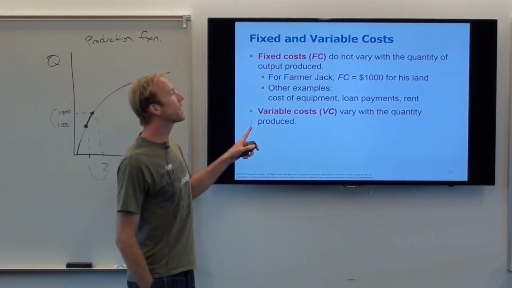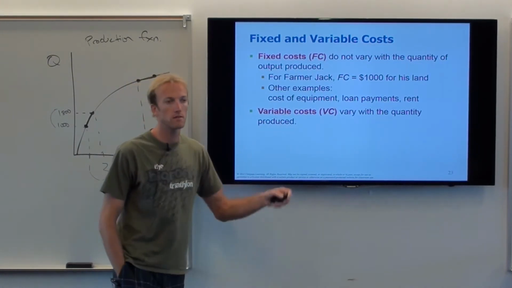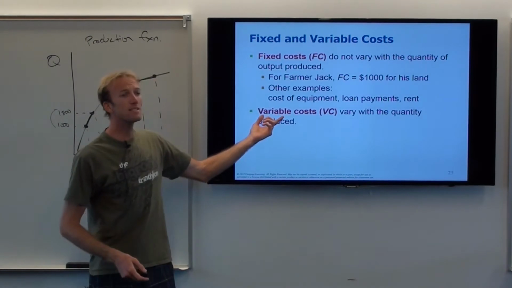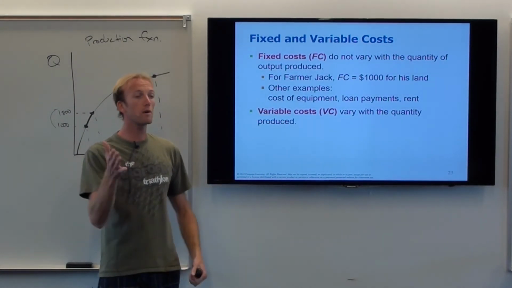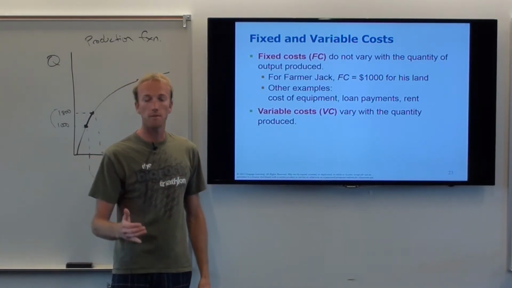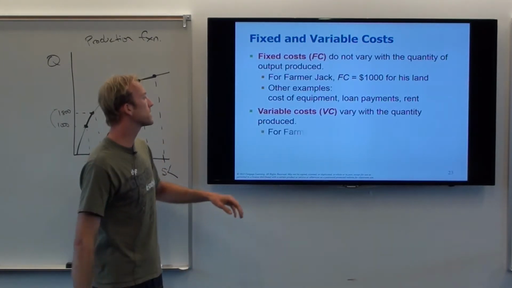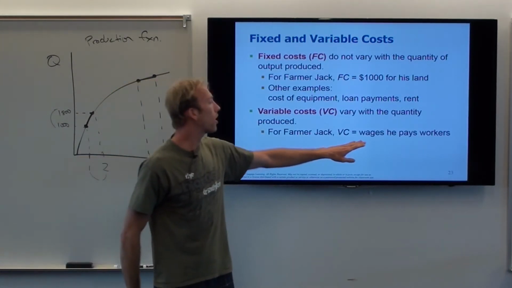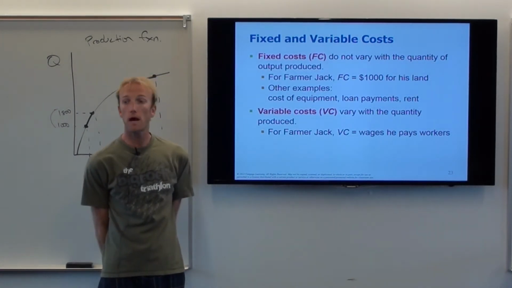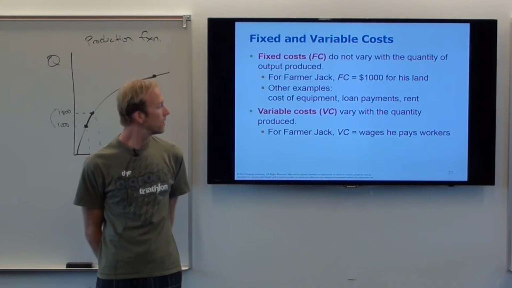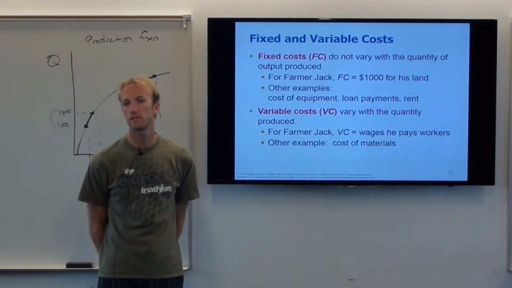Now, there's also these things called variable costs. Variable costs change. They vary, hence the name variable. This is not variable like, oh, the variable x and the variable y. This is the variable like, oh, it changes or varies as time goes. Okay? And so these ones change. So some examples for Farmer Jack are, what's the cost of his that changes? How many people he hires, and therefore how much wages he pays to them. All right?